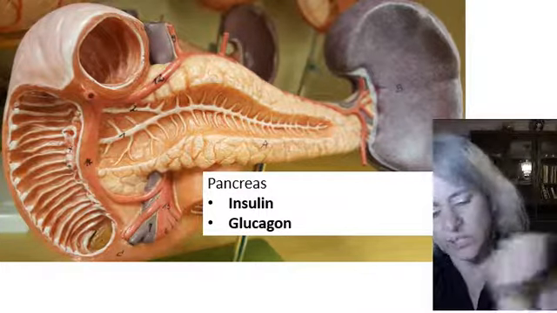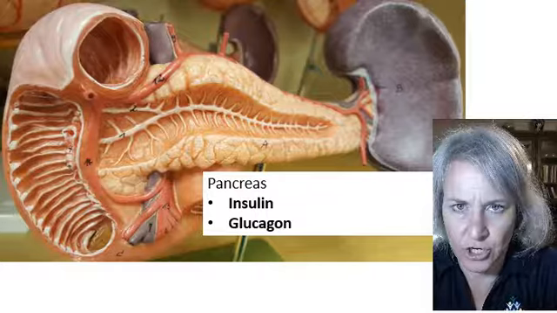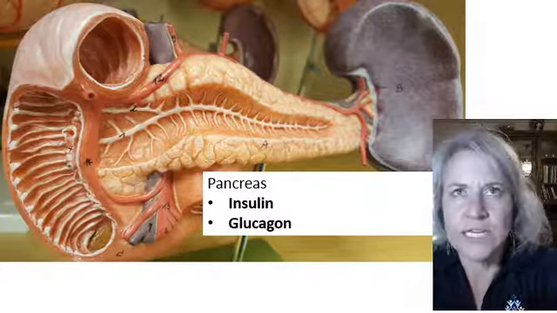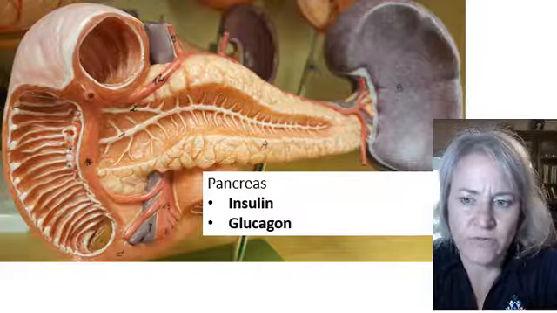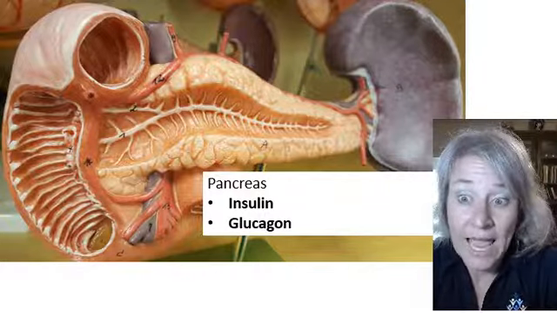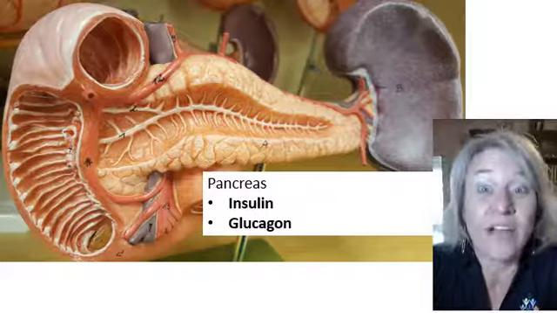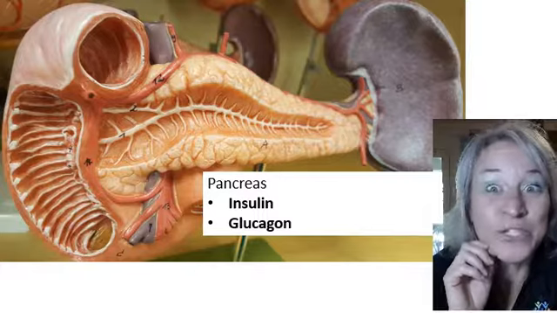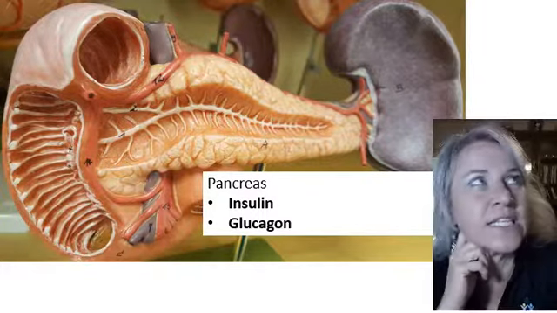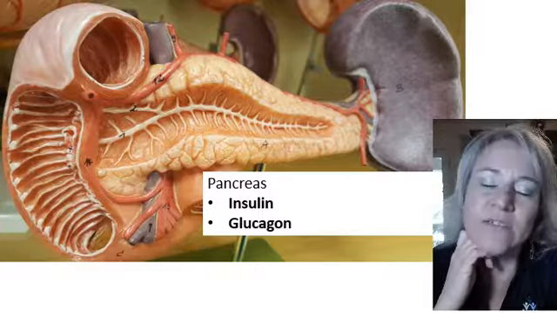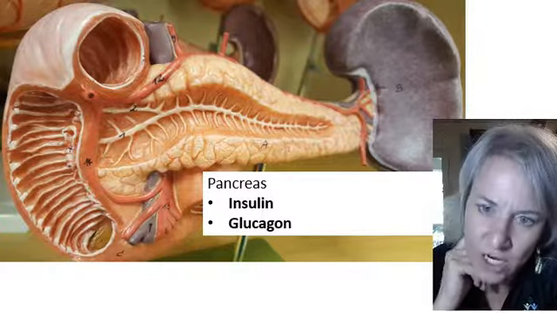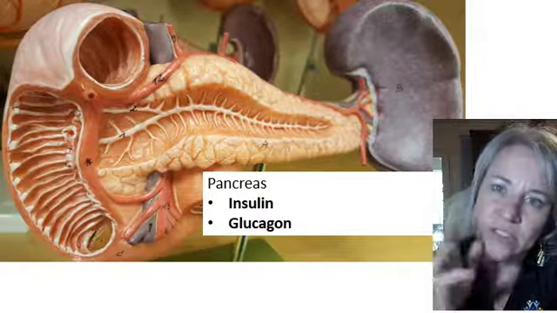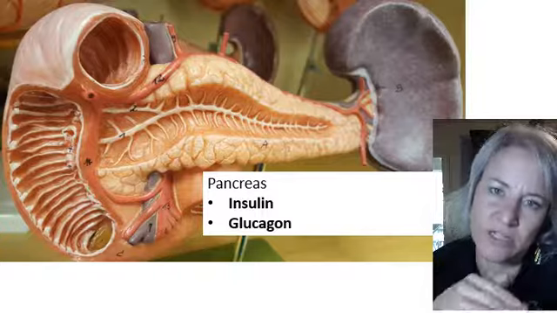So it's going to decrease your blood sugar, while glucagon is going to put sugar in the blood. So it's responsible for glycogenolysis. Okay, so glucagon targets the, do you remember? It targets the liver cells and the skeletal muscle cells where you store glycogen in those cells. And it causes the glycogen to break down into glucose, which puts the glucose into the blood, increasing your blood